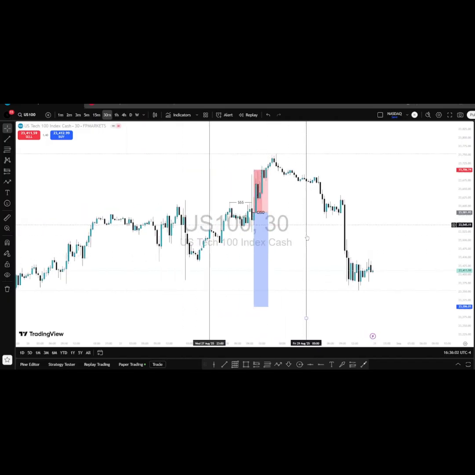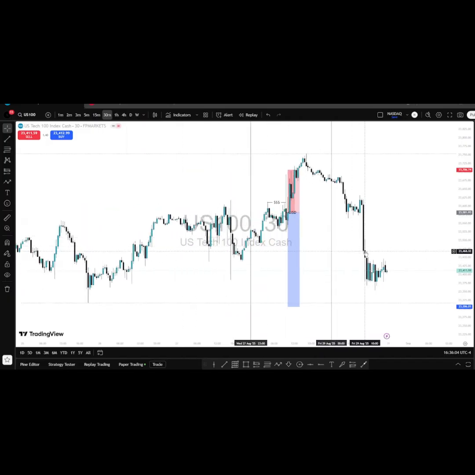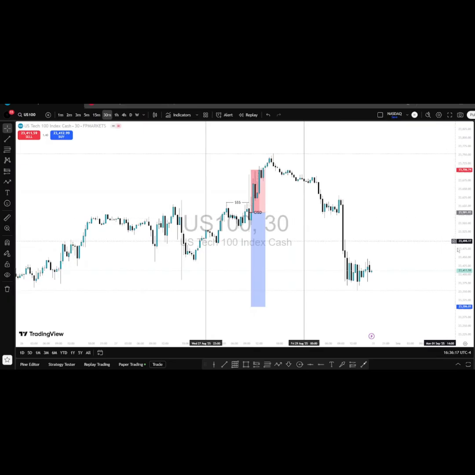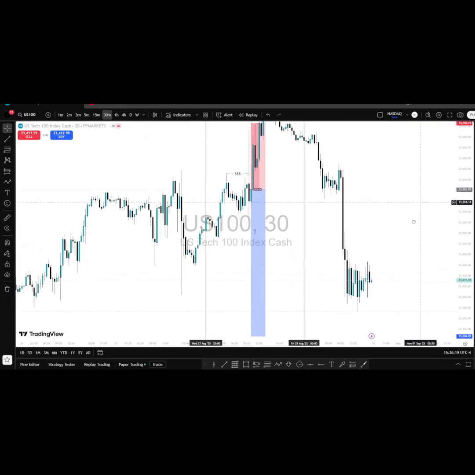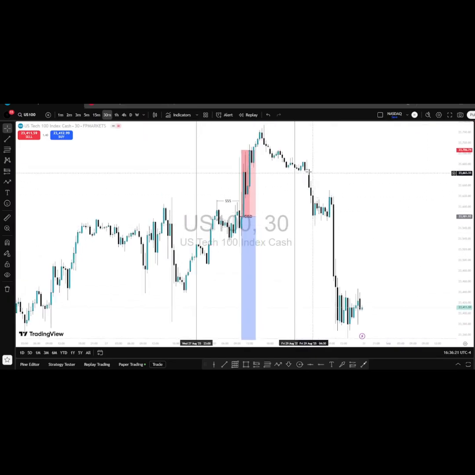But you can see that the move occurred on Friday, yesterday, which I was not able to trade, also due to some personal errands that I was running. But I still don't think I would have caught it because, looking from this price action, price moved quite fast and there was no retracement. For example, this would have been my breakaway gap, this one right here, and as you can see, price never retested that price zone.